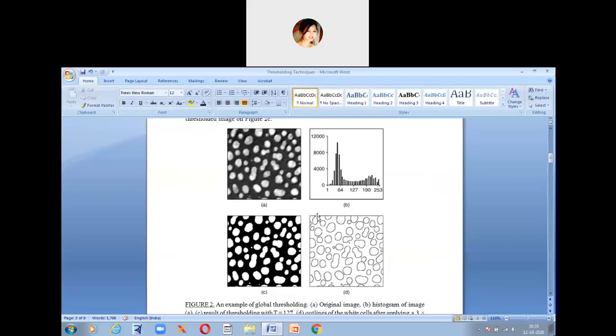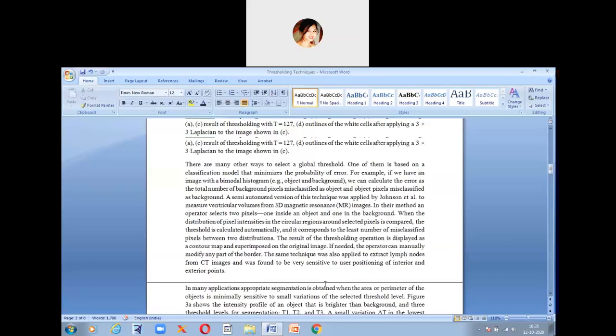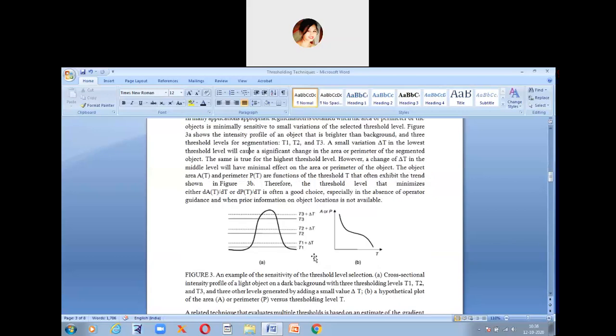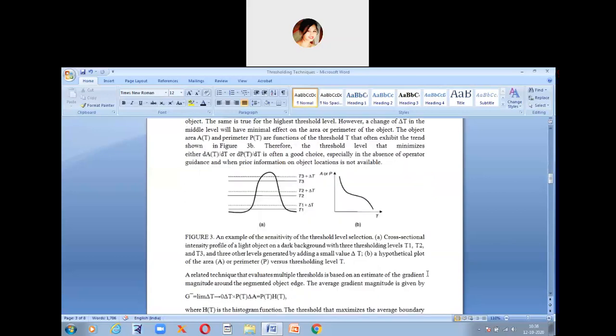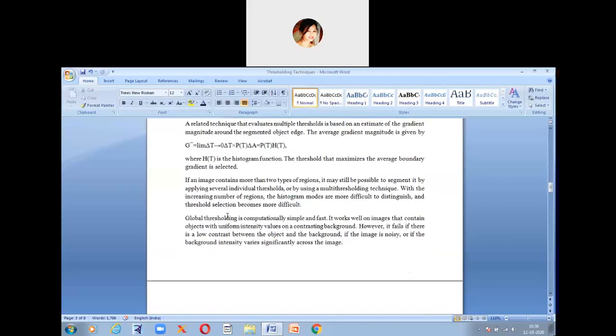So you don't have to remember each and everything, just remember what global thresholding is, how it is defined, and when it is defined, and just give this example. Now suppose you want to show an example of global thresholding using the Laplacian operator and without using a conventional operator, so you can give these two examples. Just remember these two examples, don't need to go beyond this.